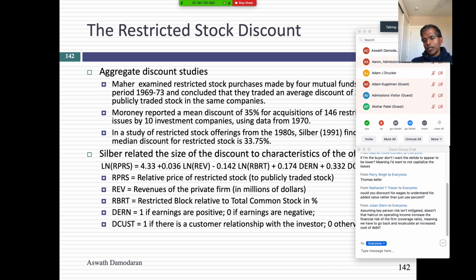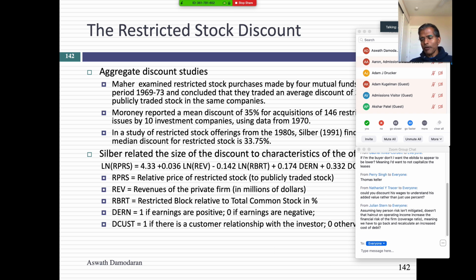Now, most of these studies just report the average and the median. It's almost like they were in the 1960s and some forgot to take their statistics classes. They just stopped. But about 30 years ago, Bill Silber, I don't think any of you have taken foundations from him, but Bill was a legend at Stern. He taught foundations going back 40 years, and he actually did a study that he laughs about still because it's his most referenced and quoted study, where he took restricted stocks and he took the discount in each one, and then he asked,